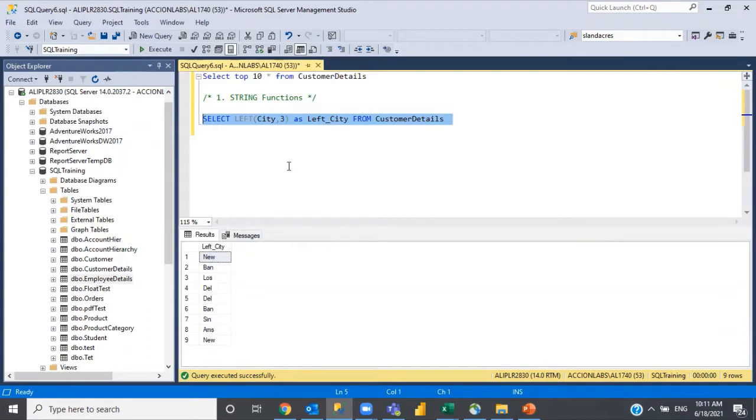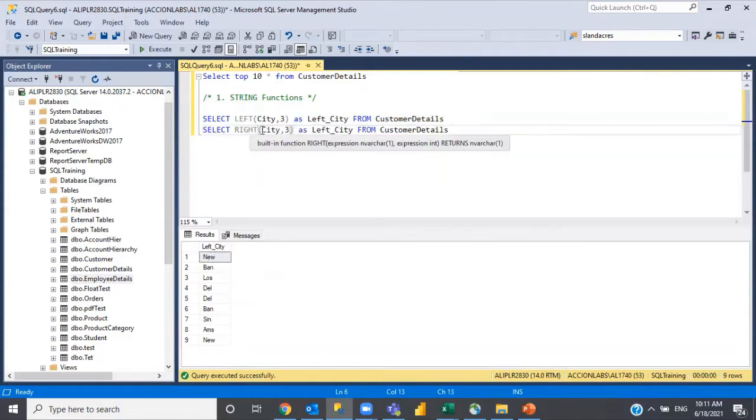In a similar way, if I want to extract the last three characters, then I need to use a function called right. If you use right, the syntax is the same as left. Here also you pass the data along with the number to extract three characters from the right side.